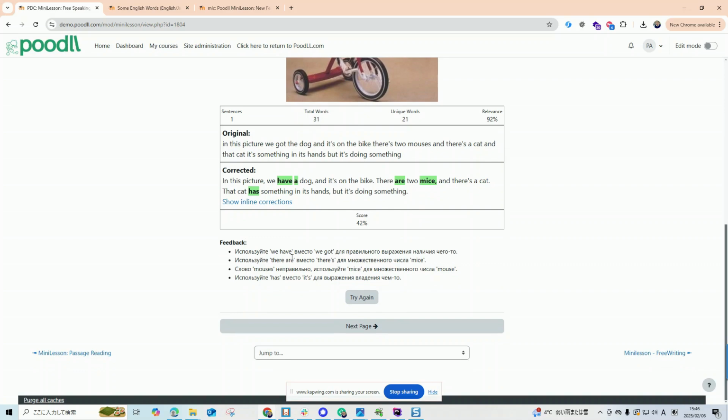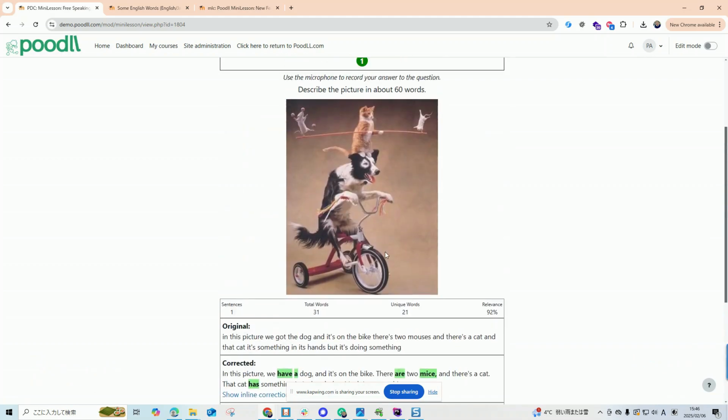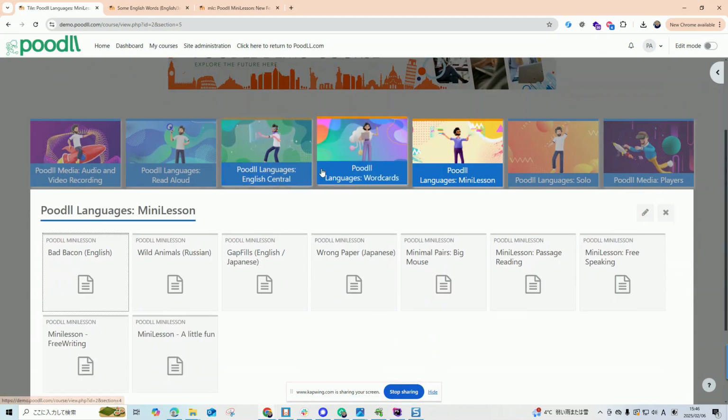And the feedback, you'll see it's in Russian because our user preference for Russian as our native language has followed us here. Okay, so that's really nice if you are building those sort of courses. That's an option, of course. You can turn that on or off, but it's on here on the demo site. And now let's have a look at